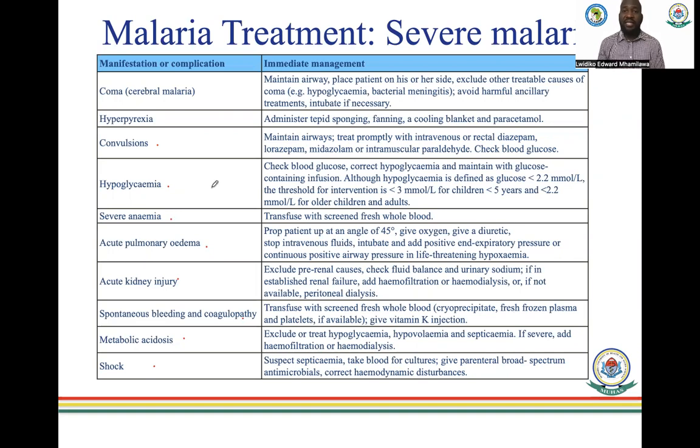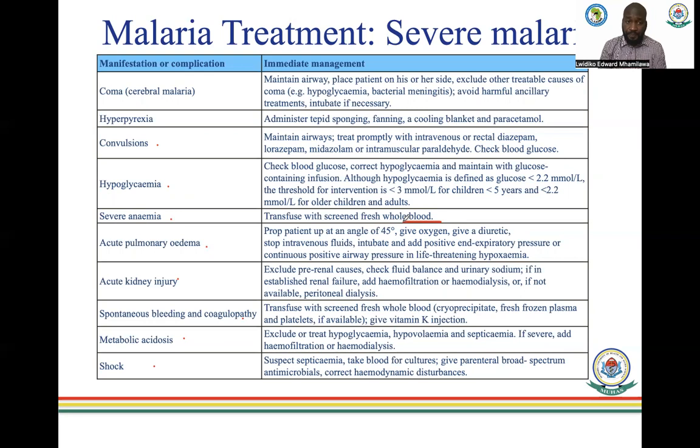Convulsions, make sure you maintain their airways and check the blood glucose, because malaria has a tendency to lower blood glucose, and then make sure that you check that. Severe anemia, look to transfuse them with fresh whole blood, because these are patients who have lost a